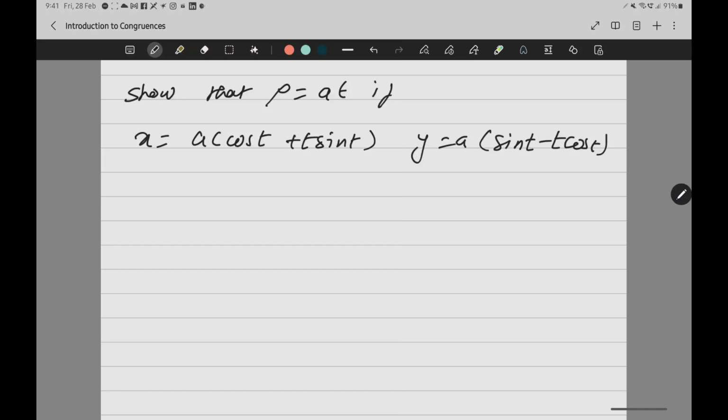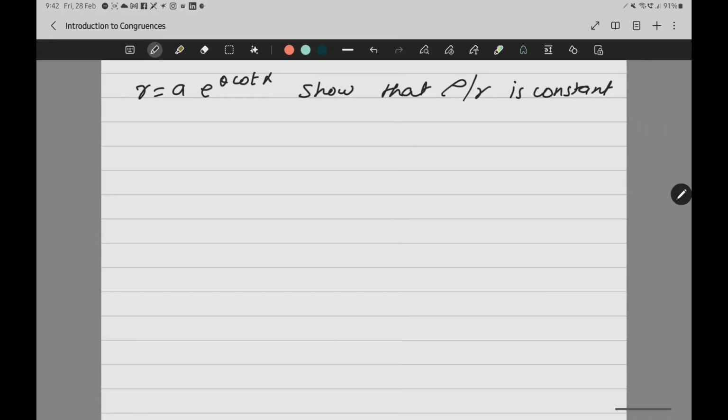Okay. Next question. You try it by yourself. Whatever method you are liking, do it. X and Y are given. It is also a parametric form. Solve it. It's very easy. Just remember that when you differentiate this, you have to apply product rule for t and sin t. Here also for t and cos t, you should apply the product rule and your answer will be 8a. Okay. So, now let's move to the next thing.